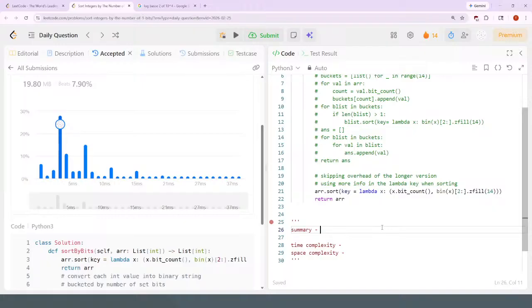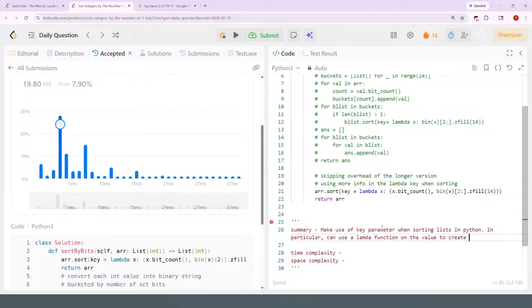This is going to make use of the key parameter when sorting lists in Python. In particular, you can use a lambda function on the value to create a tuple kind of sorting key